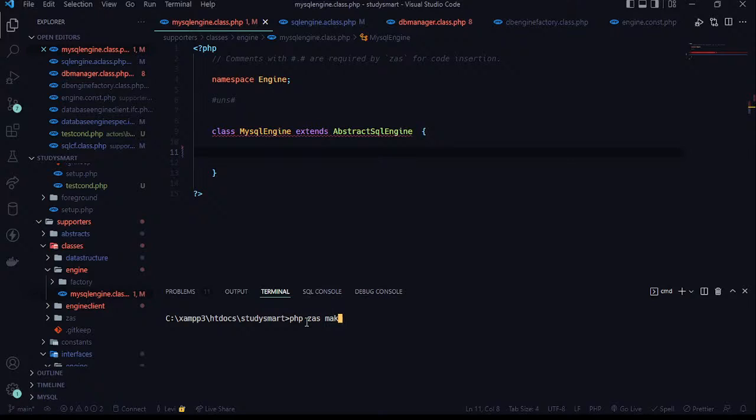Now, using Hack, ZAS make class. We are making class engine. It's going to be called MySQL engine. Should we call it MySQL engine? Class engine MySQL. MySQL is of type engine. Let's just say MySQL engine, and this MySQL engine has a parent class which is abstract SQL engine. Yep. And then we implement interface